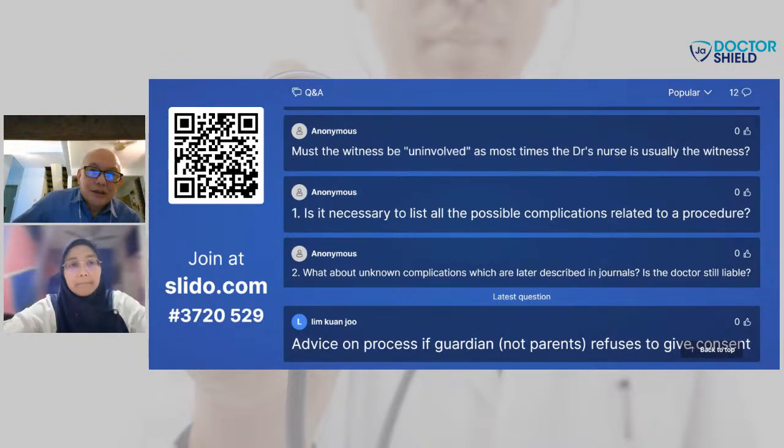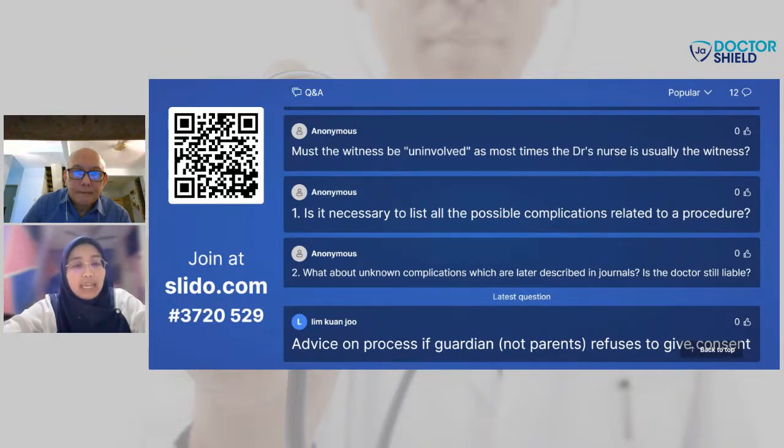What exactly constitutes material risks? Is it only what is relevant to the patient, or is it a certain percentage risk? What is relevant to the patient? For example, by undergoing a certain procedure, there's always a possibility that particular risks will happen, A, B, C, D, and E. At least you need to list down about 5 to 10, depending on the condition of the patient, what was presented, and that particular risk needs to be explained and stated clearly in the consent form.